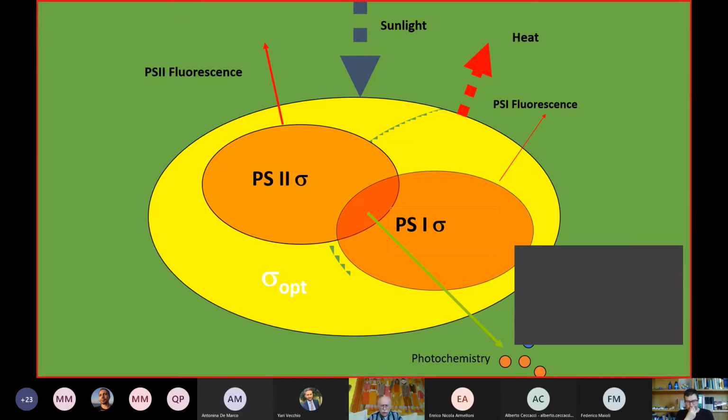You have very small emission of 2 to 5% as fluorescence. And you see the green arrow, that is what is left for the photosynthetic activity, but in terms really of the basic molecular absorption processes of light in the